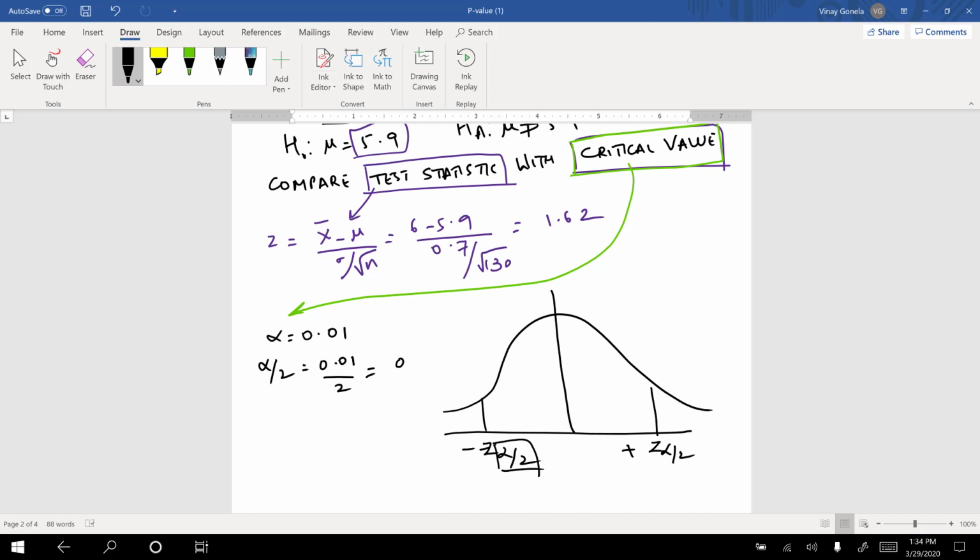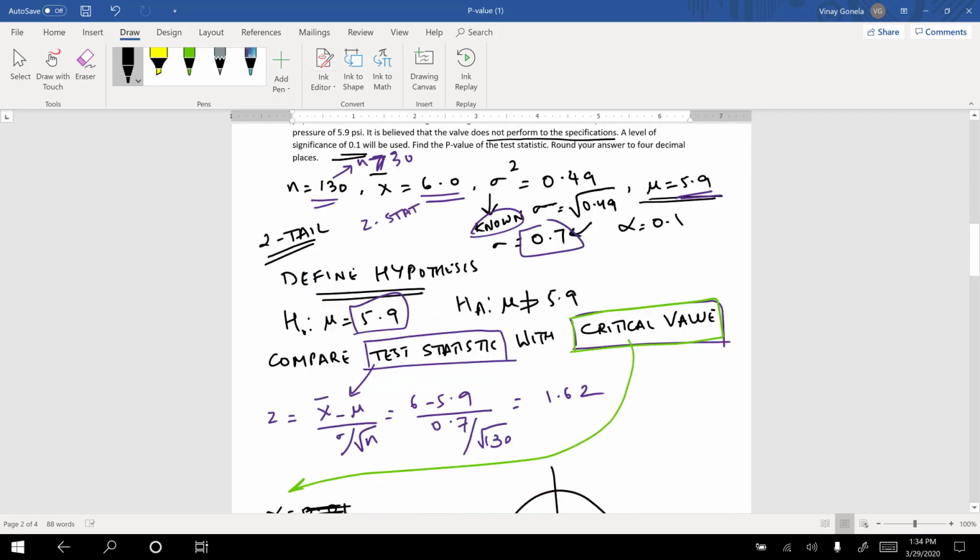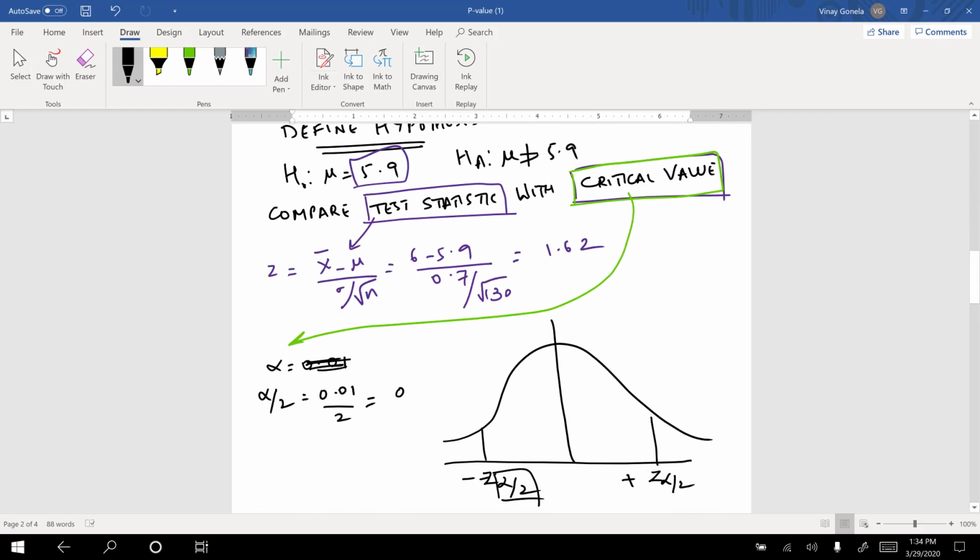I'm sorry, let me see what it is. So this is 0.1, so this would be 0.1 over 2. So that is 0.05. So this area would be 0.05, and then this area would be 0.05, and this whole